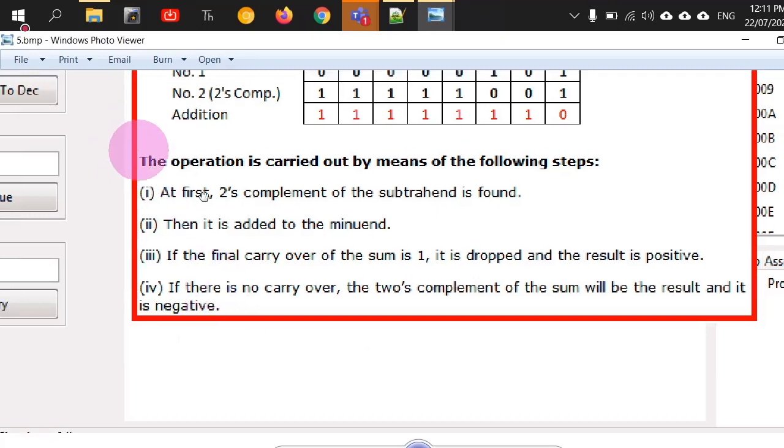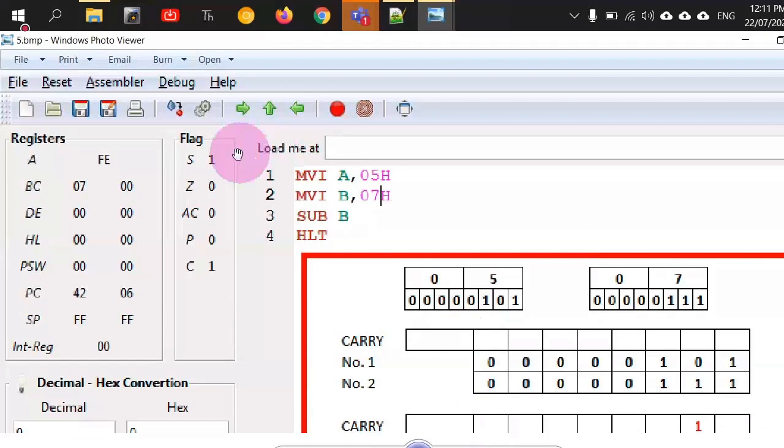The latter condition, that the result is negative, will be flagged by the sign flag. But who will tell me that the result that you have is not the actual result, that you have to take the 2's complement of it? In that context, the carry flag is also set. So the carry flag is used for carry, borrow, and is used together with the sign flag to indicate that you have to take the 2's complement of the result. Is it understood?